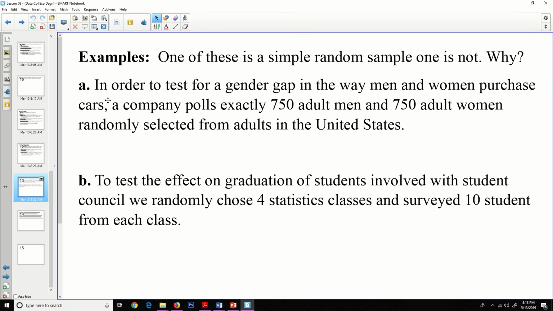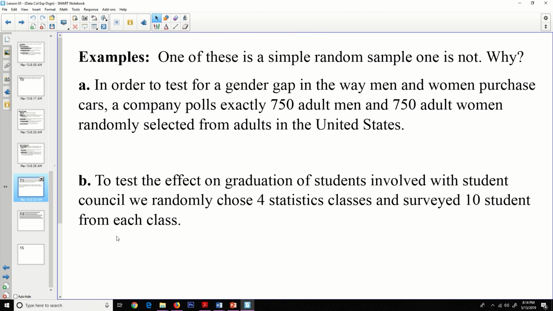So some examples. In order to test for a gender gap in the way men and women purchase cars, a company polls exactly 750 men and 750 women randomly selected from adults in the United States. And then to test the effect of graduation of students involved with student council, we randomly chose 4 statistics classes and surveyed 10 students from each class. So if we want to talk about the solutions for this,